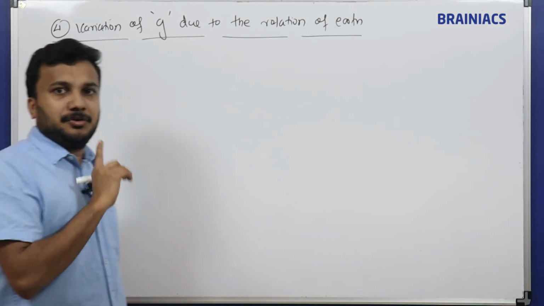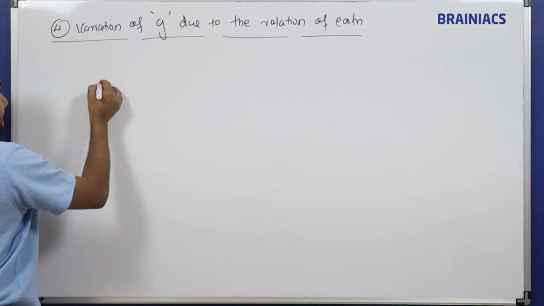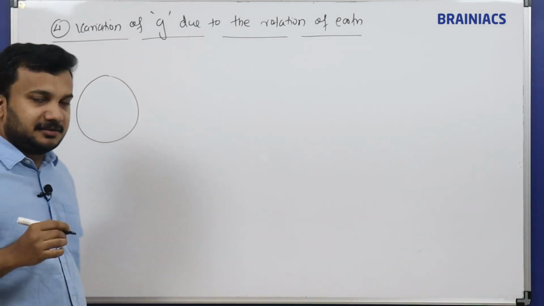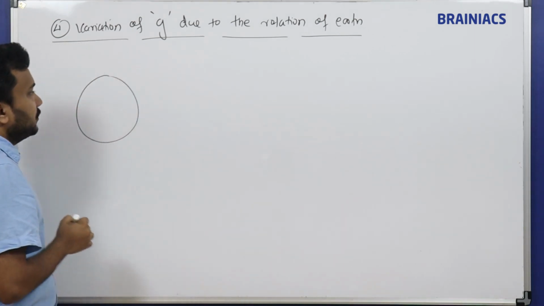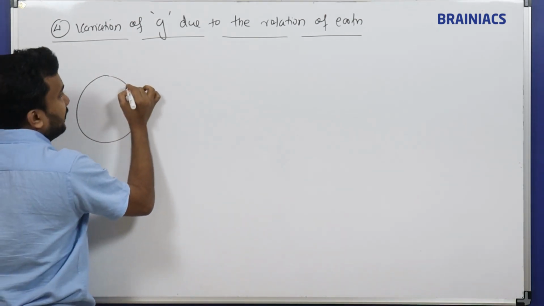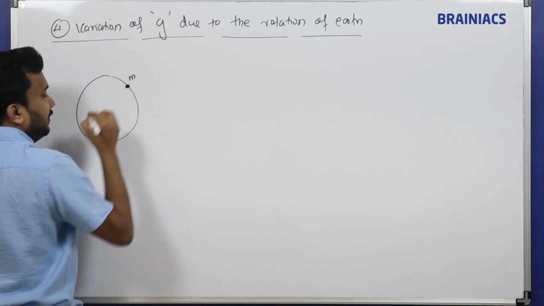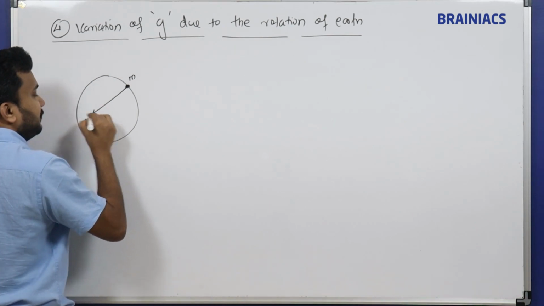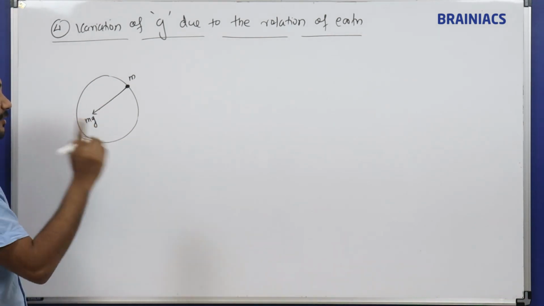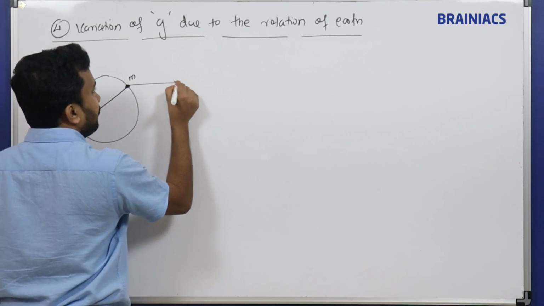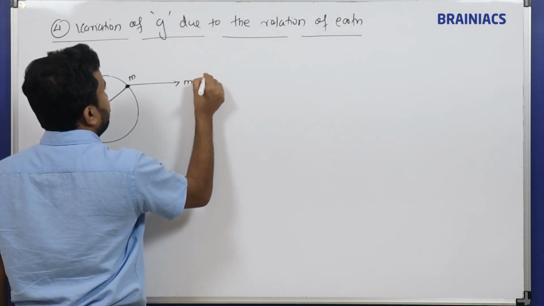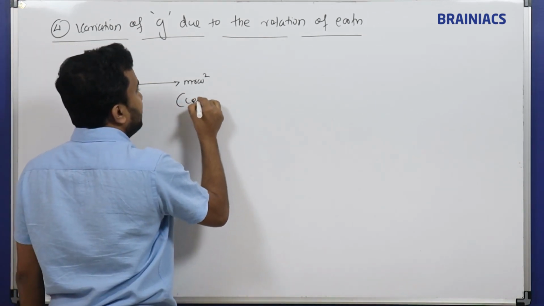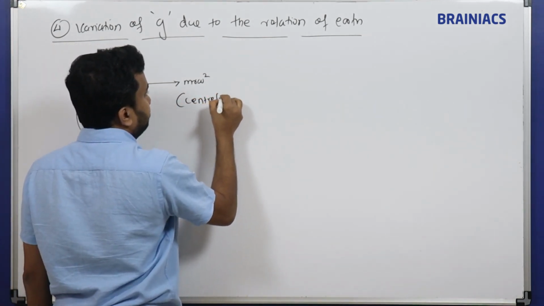We know Earth keeps on rotating, right? For mathematical simplicity, we are always assuming Earth as a sphere, but Earth is not a perfect sphere, as I told before. Now Earth is rotating. Suppose there is a mass m here. It is attracting towards the center with a weight called mg. And whenever Earth is rotating, as I told in laws of motion, we have one outward force,